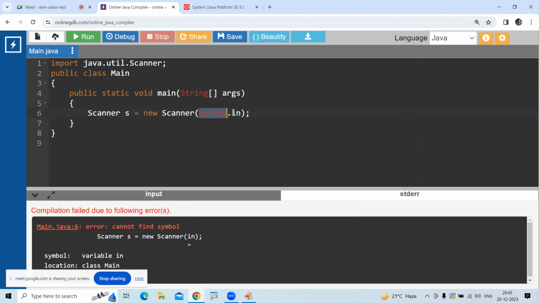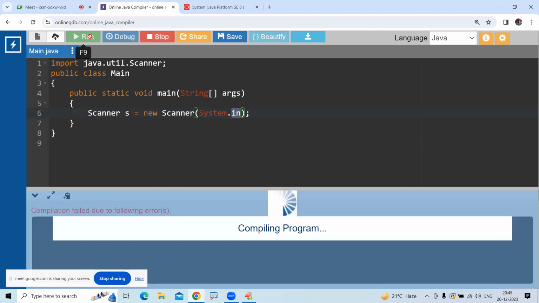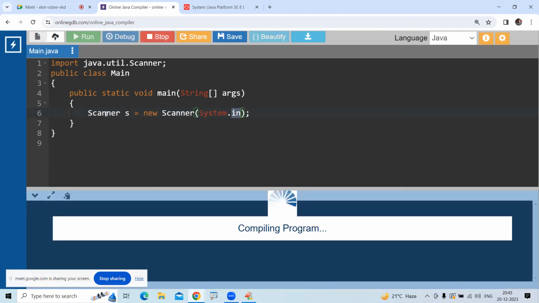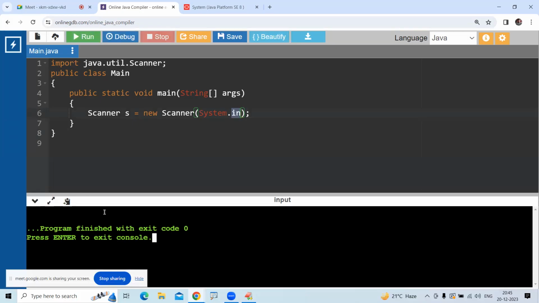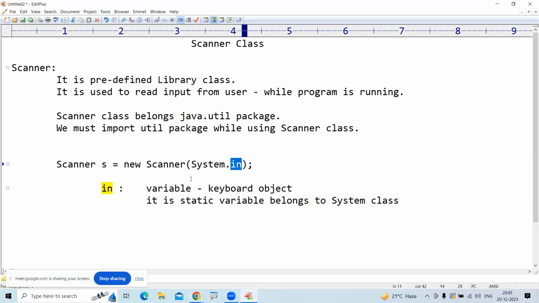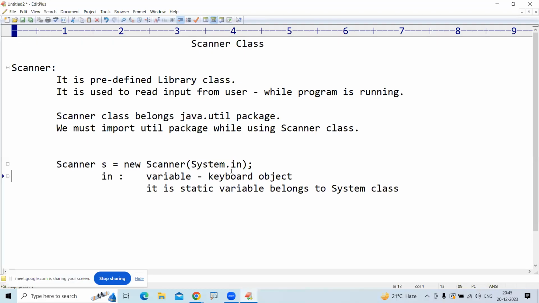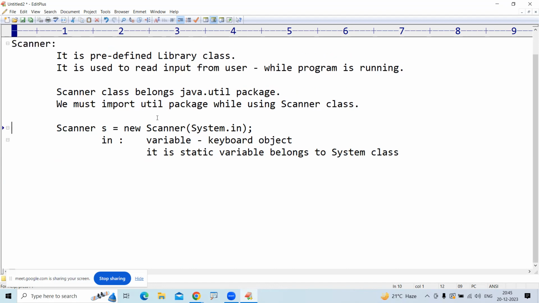System.in, class name dot variable name. Now if you run the code, you will not get any error message. No error here. So if you want to create the object for the Scanner class, strictly you need to specify that keyboard object name. It is saying that I am reading the input from the keyboard. Okay, once the object is ready,